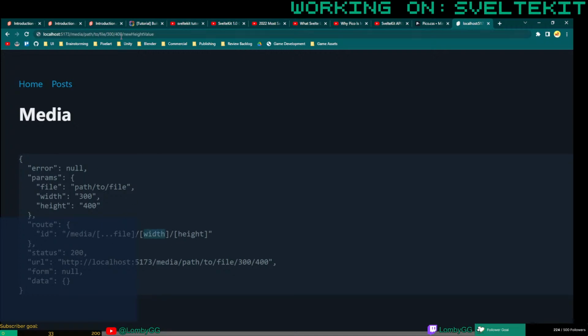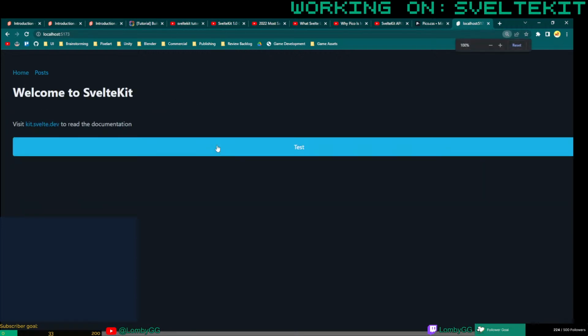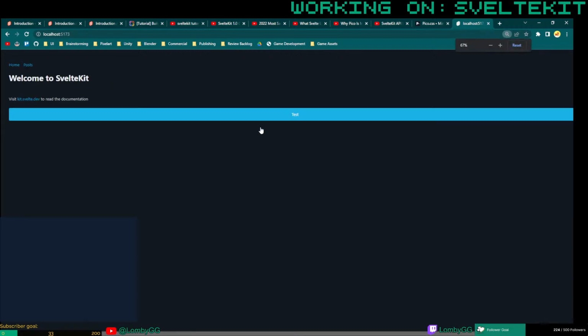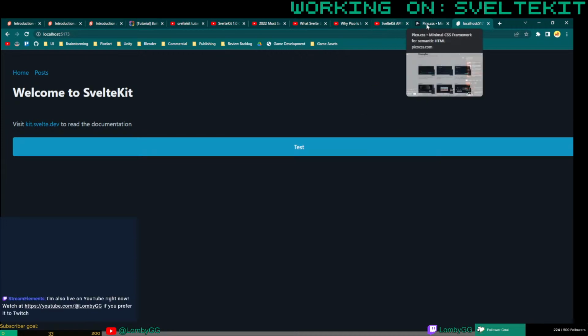It will set width to the value of 400 now, and height will be this new height value, which we see here, all as intended. So it's quite powerful being able to do that kind of stuff. And this was a test for our Pico button, which is way too long. Why is it so long? Oh, because it's offset. Yeah. Right, so